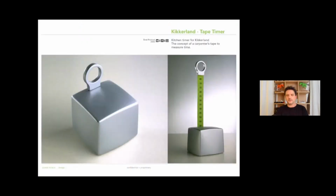The idea of behavior, I think because of my interest and activity in UI and UX design, interaction design, also sometimes informs my work as a product designer. Tape Timer starts its essence when you first come across this object. It's kind of an innocuous